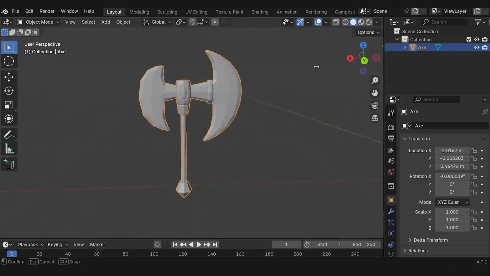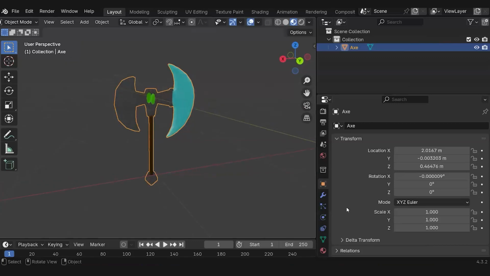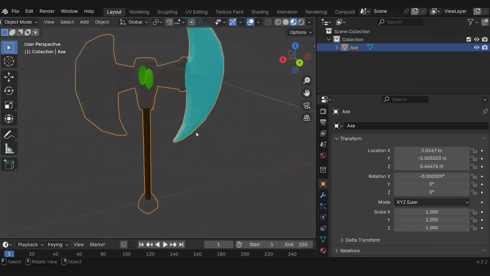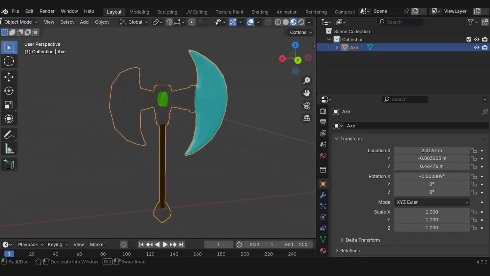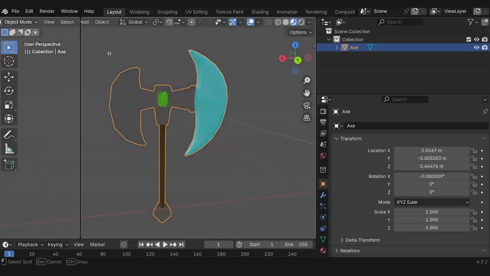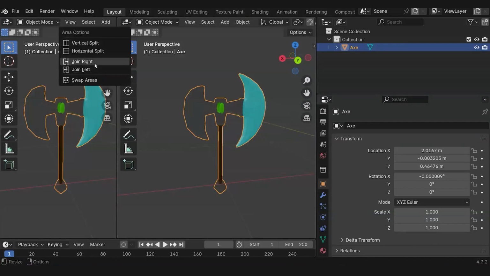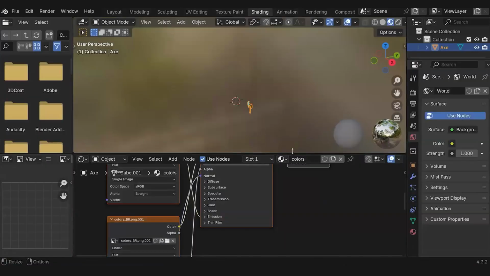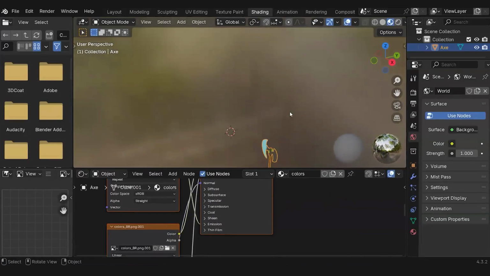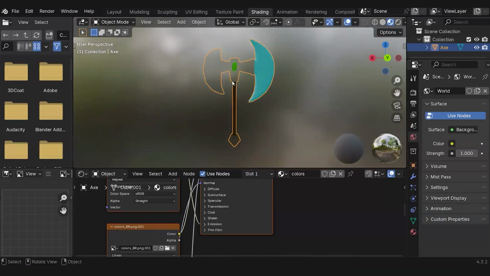Okay, so let's take a look at the material. Okay, well, it looks like that. I know how to fix that. So what I'm going to do actually, guys, I'm going to open up the shader editor. Actually, let me do this easy because I'm ahead of myself. Okay, so if I go over to the shading tab, I can turn off that alpha.